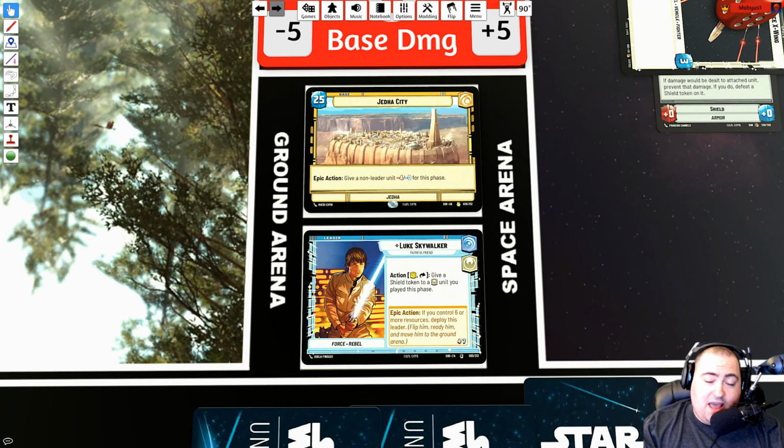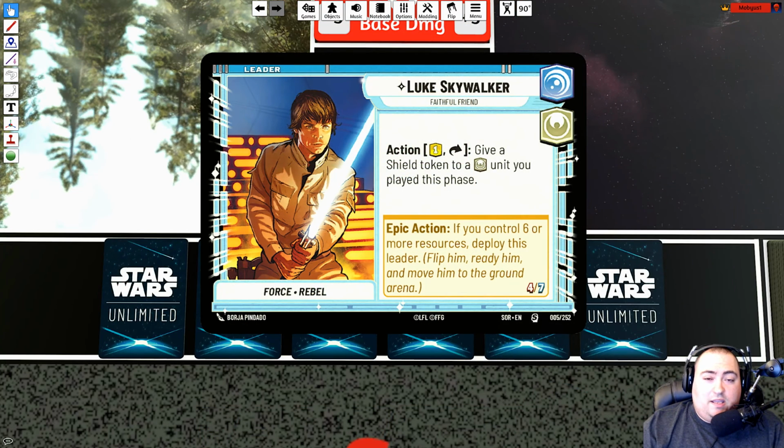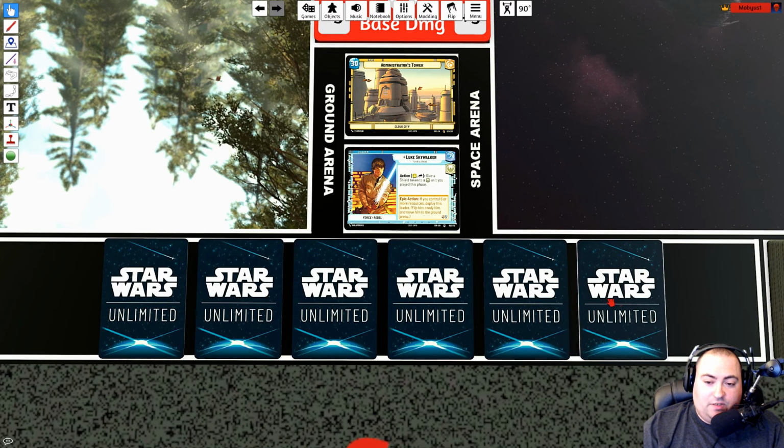By the way, epic actions, such as the ones found on the rare bases we looked at earlier and on the leader cards, also count as using an action ability. So if we take a look at the Luke Skywalker leader, we see that their epic action requires us to control 6 or more resources to deploy him. You can see here that I have 6 resource cards in front of me, so on my turn I could